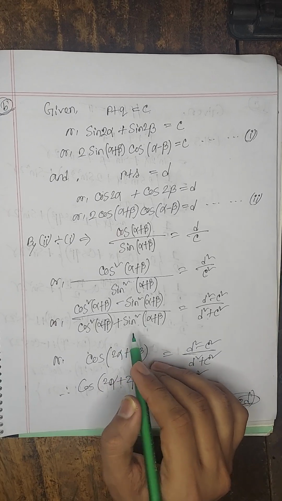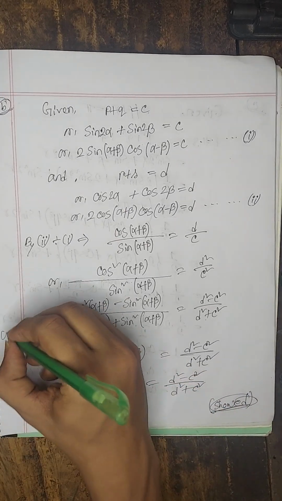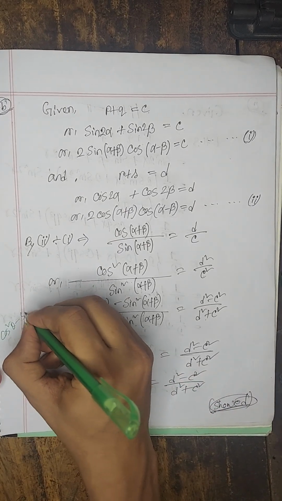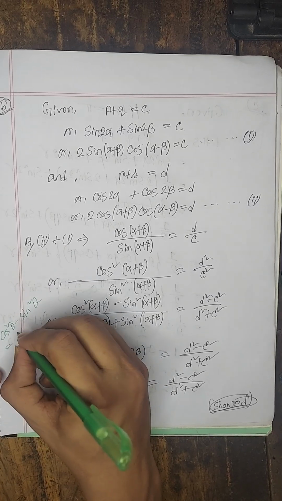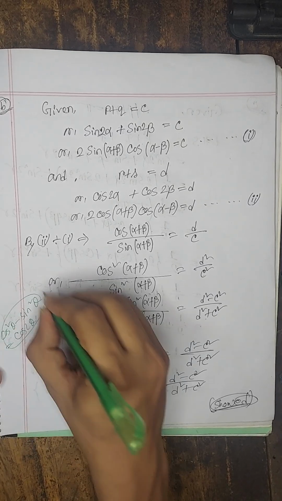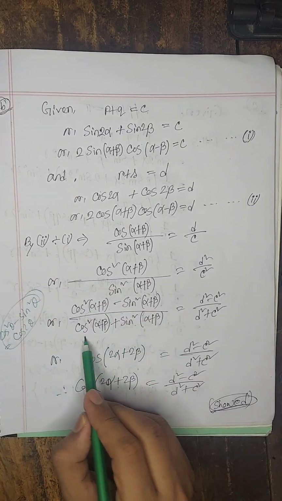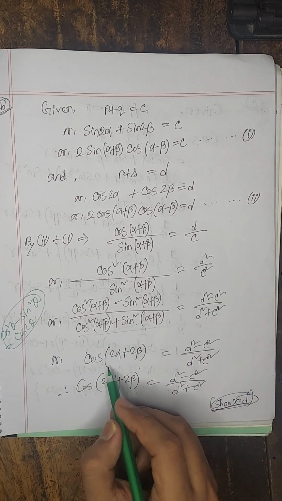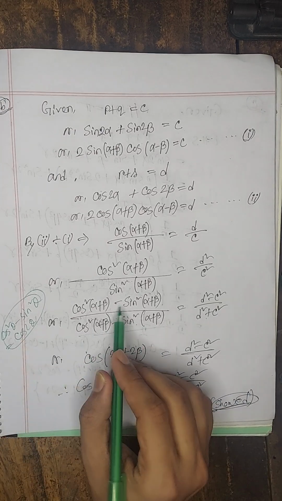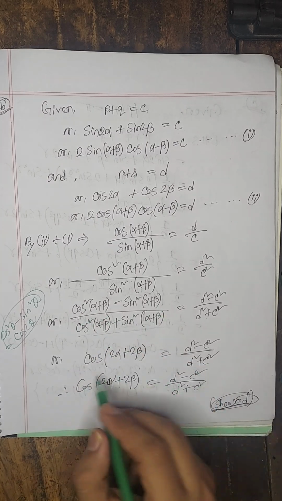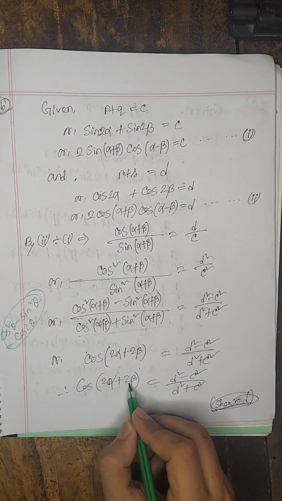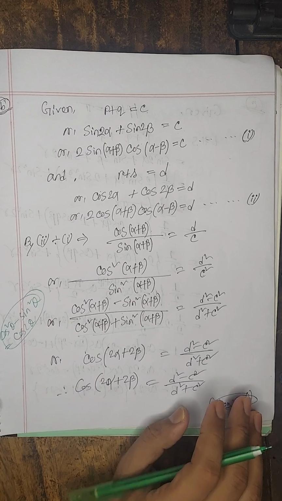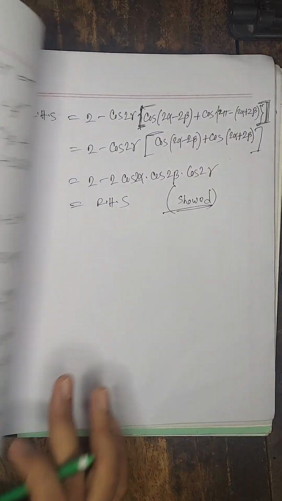Then we get this formula, cos square theta minus sin square theta, we know that is equal to cos twice theta. Okay, and in denominator cos square theta plus sin square theta is equal to 1, so we get cos twice theta from numerator. So cos twice alpha plus twice beta is equal to d square minus c square by d square plus c square. Okay,